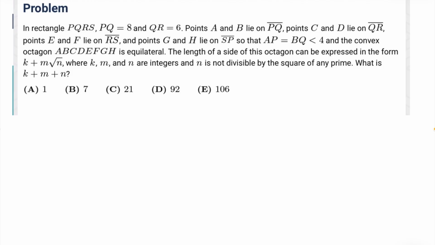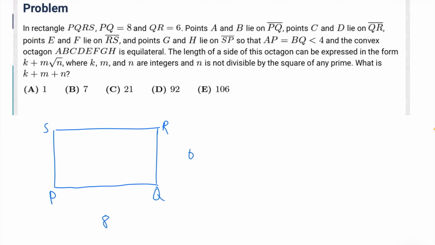So the problem is just asking us to find the length of a side of the octagon. And so we can just draw out what we are given. So we know that we have a rectangle PQRS, PQ equals 8, QR equals 6. A and B lie on PQ. C and D